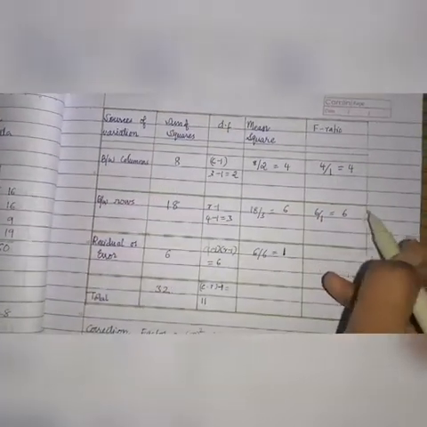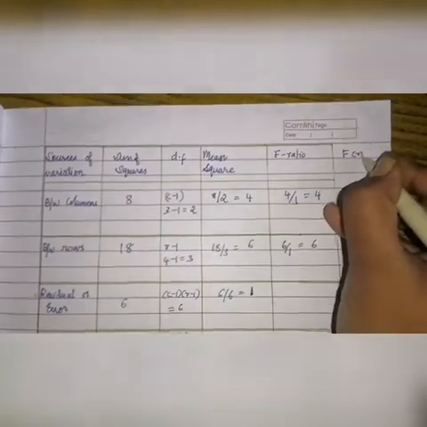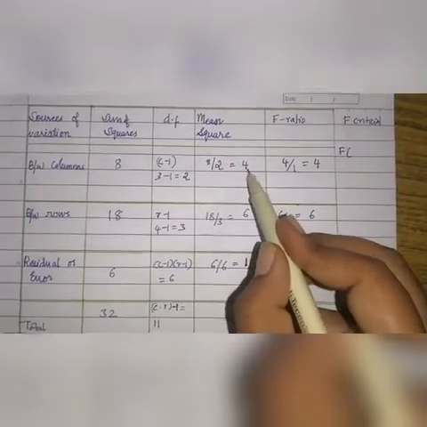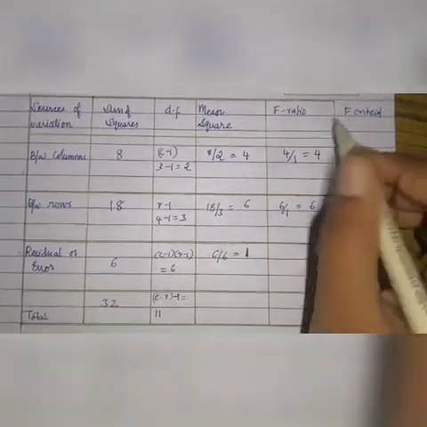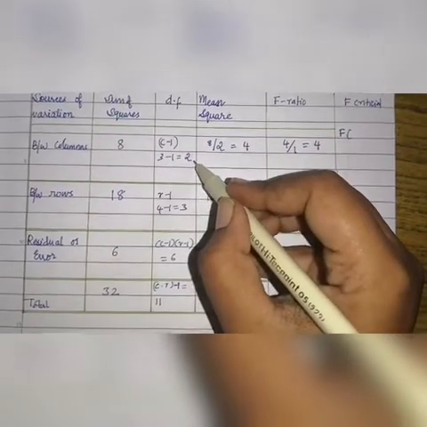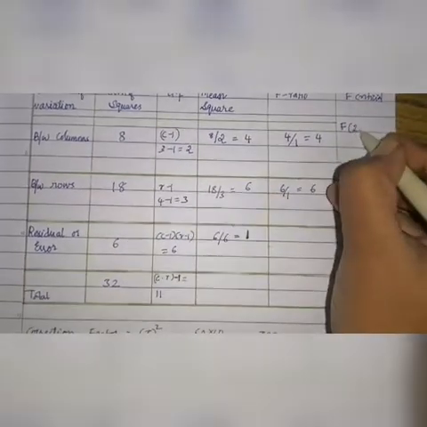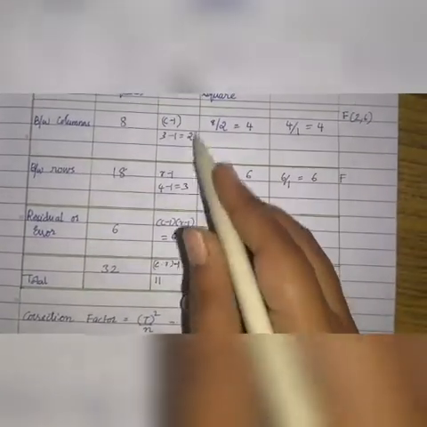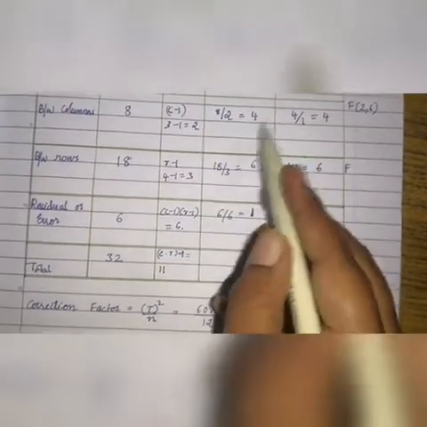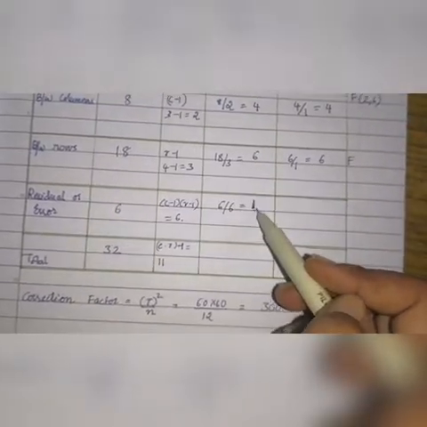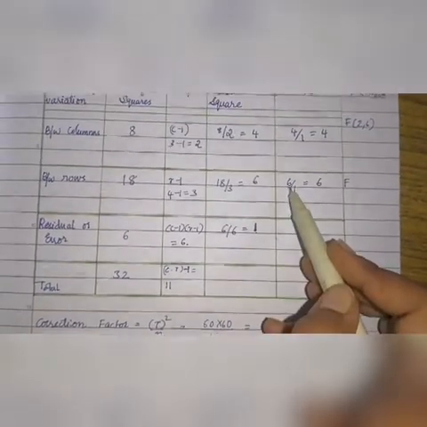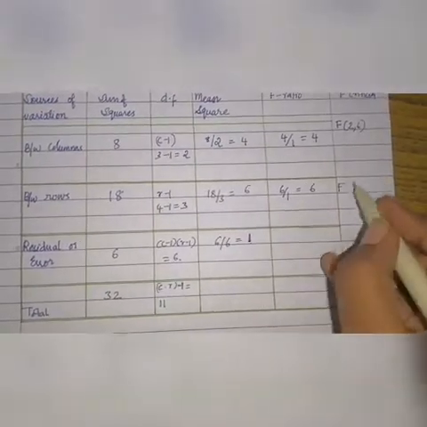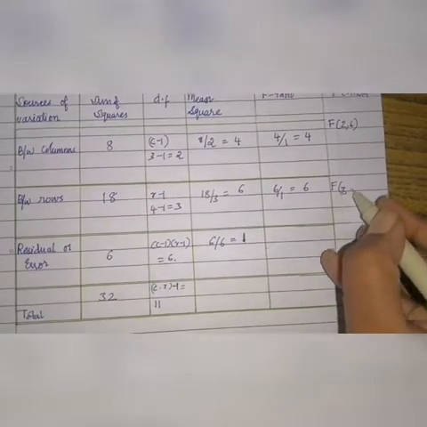Okay, now we have calculated the F ratio. Let us calculate the critical value here itself for both the things. Now here we need degrees of freedom. F for this is 2 comma 6. This is the denominator here, this is the numerator, right? Mean square between the rows by the residual. Similarly, we have to take the corresponding degrees of freedom. So this is 3 comma 6.